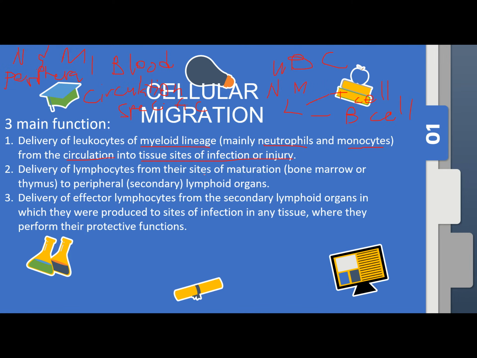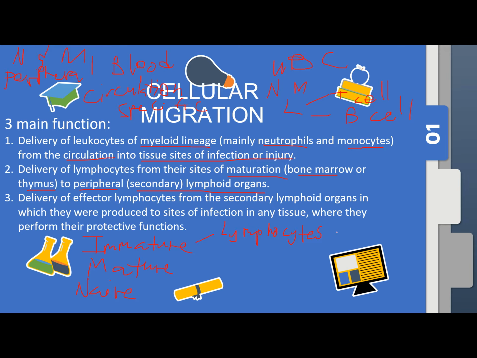Then the second function is the delivery of lymphocytes from their site of maturation, the bone marrow or thymus, to the peripheral secondary lymphoid organs. Now, for this number two, we need to first make an understanding of what's the difference between your immature, your mature, and the word naive. Now, whenever you would hear immature, this would refer to the lymphocytes